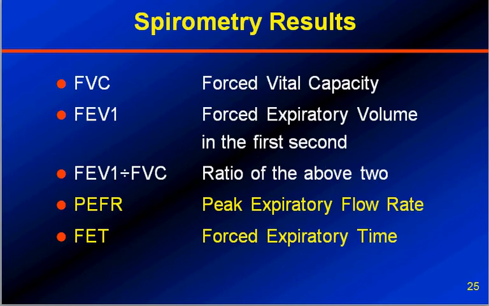When you have a spirometry report, there are several readings printed in it. Please try to ignore all those readings except two things. What is the forced vital capacity? What is the forced expiratory volume in the first second, that is called the FEV1, and what is the ratio of FEV1 by FVC. These are good enough to make a diagnosis. Forced vital capacity, FEV1 and FEV1 by FVC.